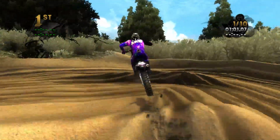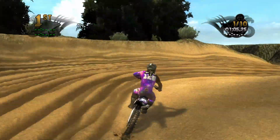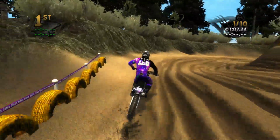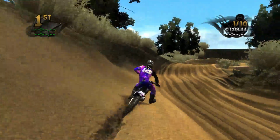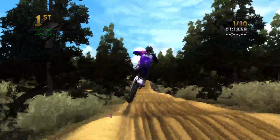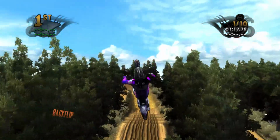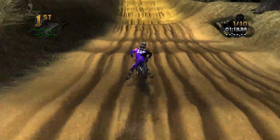Again, there's just scenery all around this track. It's a very pretty looking track. It's just so cool. Some nice little tires with the custom ropes between them. Just try and actually keep some speed through this section right here, though. And we can just launch over all that. Looks like we got a bit of a booter coming up. It looks like I was right. And we're going to land on the...